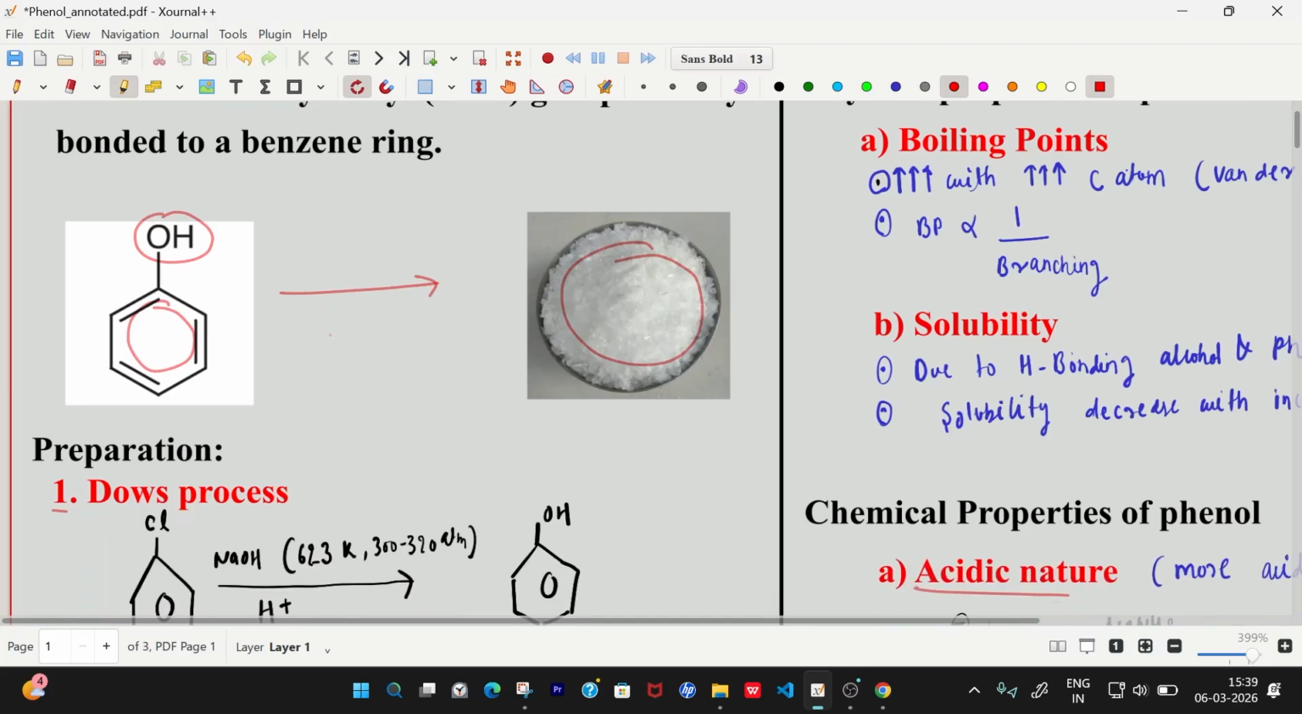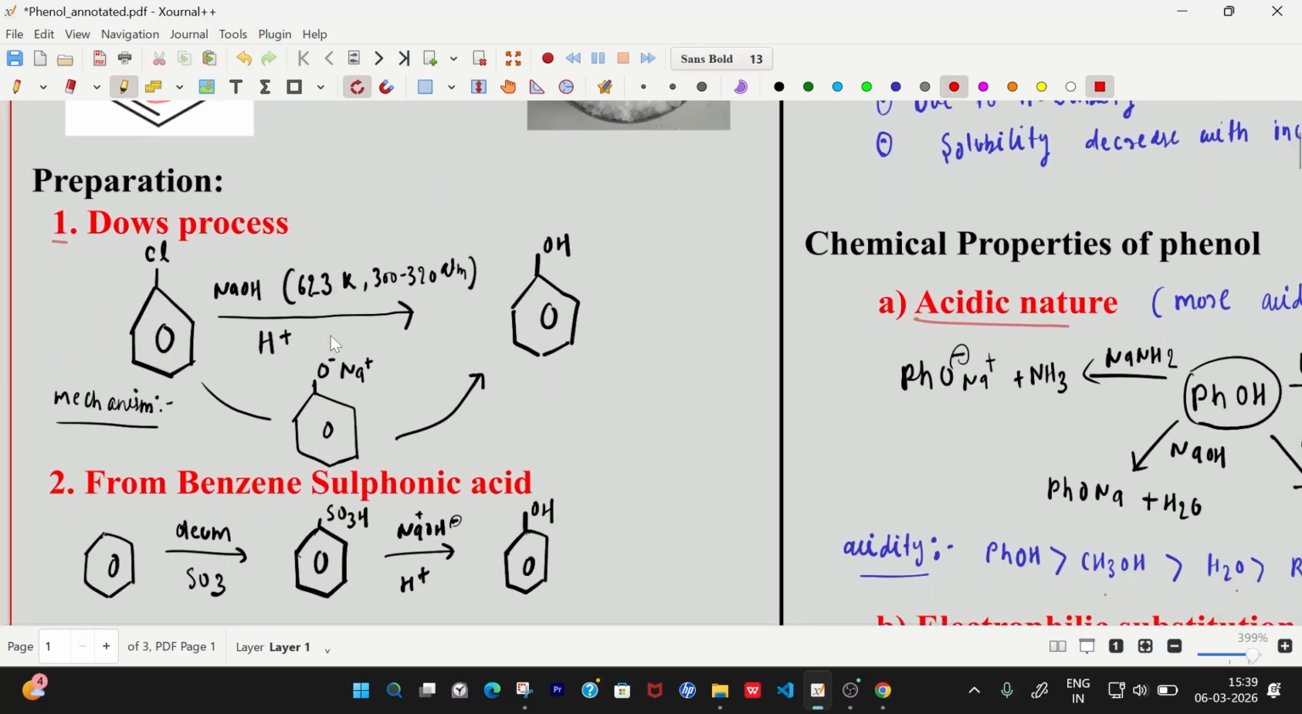If we see the preparation steps of phenol, then the first method of preparation is the Dow process. Here, chlorobenzene is passed in the presence of sodium hydroxide in acidic medium at 623 Kelvin and 300 to 320 atm pressure to form phenol. If we see the mechanism, then in the presence of acid, NaOH will dissociate into NaO minus